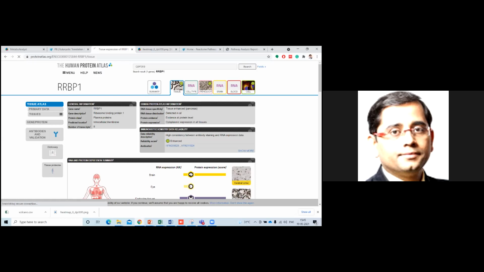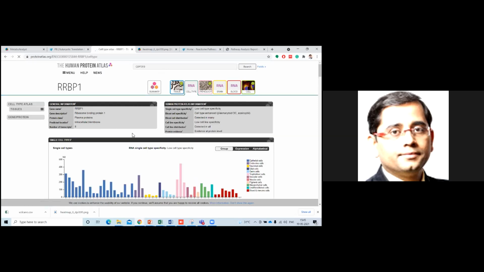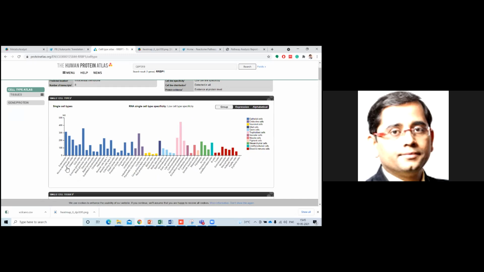Now let's go to the cell analysis, the cell type domain. This gives an idea of this particular protein present in different cell types. Let's start with this red color bar. These are cells you all have read about in class 10, class 12, even in images: B cell, T cell, granulocyte, macrophages, and all these cells we all know, right? The expression of this protein in all these cell types is given. And if we go to the left hand side, you will find all specific cells coming, right?